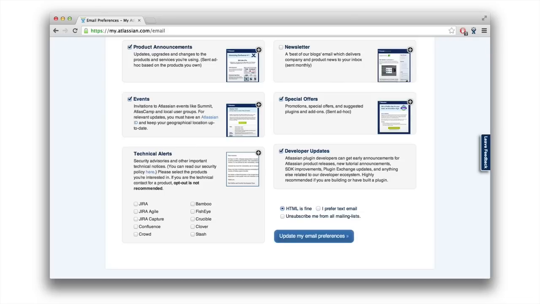There's also the developer updates mailing list. So this is one that was actually news to me because I'm internal to Atlassian, so it's not something that I've ever thought about. But there's an email settings page inside my.atlassian.com, and you can opt in to the developer updates mailing list. On that mailing list, we'll often send out emails when, say, the preparing for JIRA 7.0 page is released, so that you can get a reminder to go and take a look.